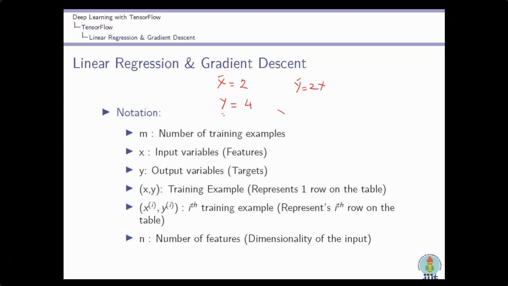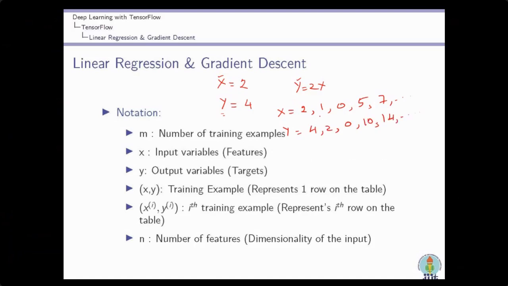Let's say we have a sequence of numbers like 2, 1, 0, 5, 7, and so on, and the values of y are 4, 2, 0, 10, 14, and so on.